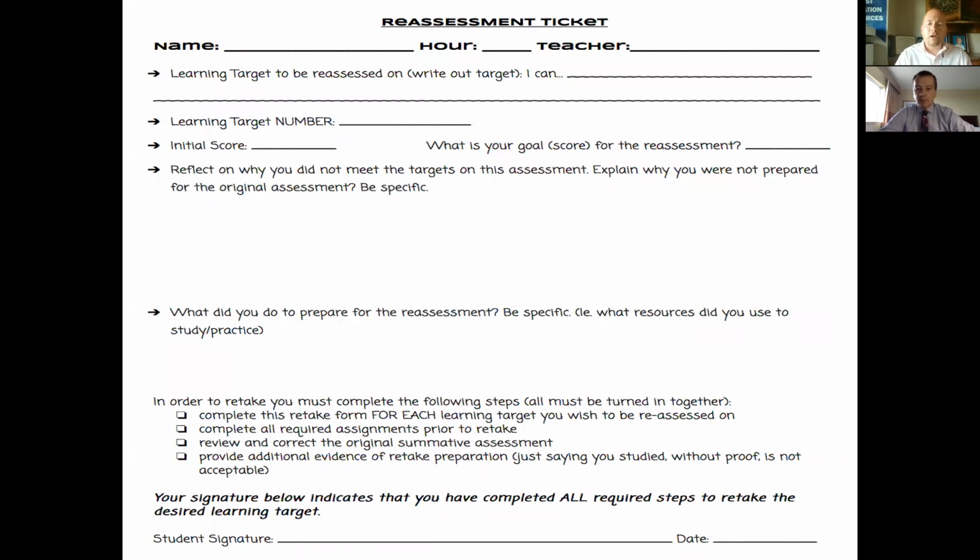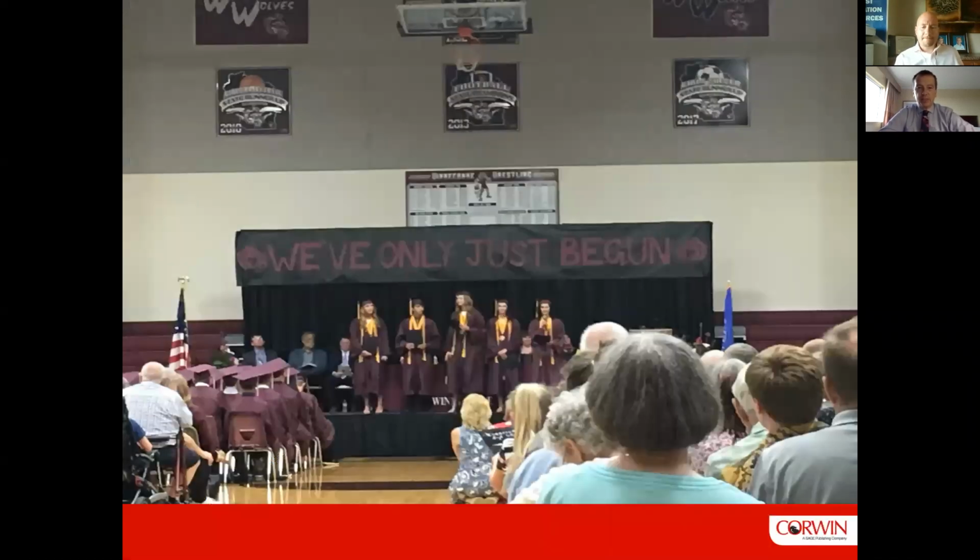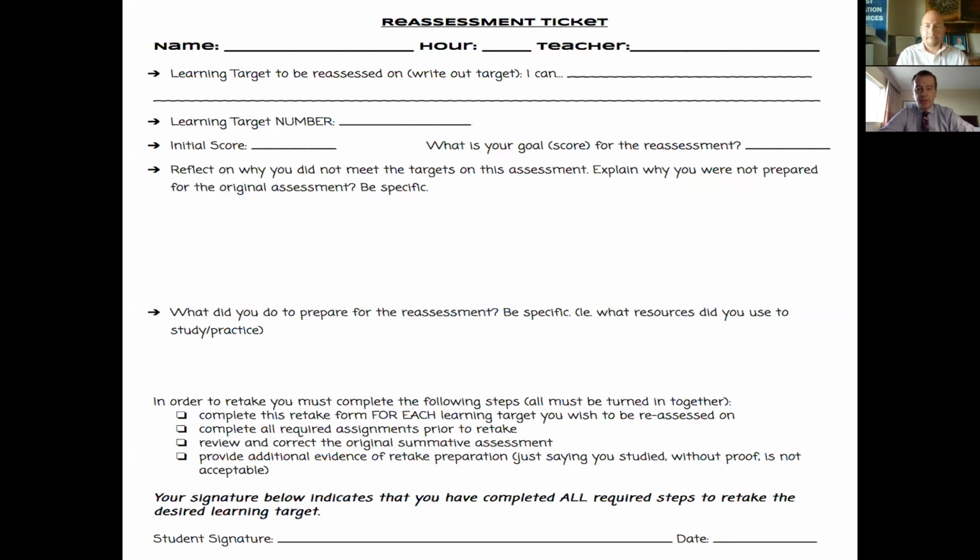And so there are things that we want to put in place to ensure that they give the right effort the first time. They've done things, but then what is your new evidence of learning? This has helped our teachers immensely in working through the reassessment process. And so there has to be some basic principles in place. Number one, you gave me your best effort the first time. Number two, you have some new learning.